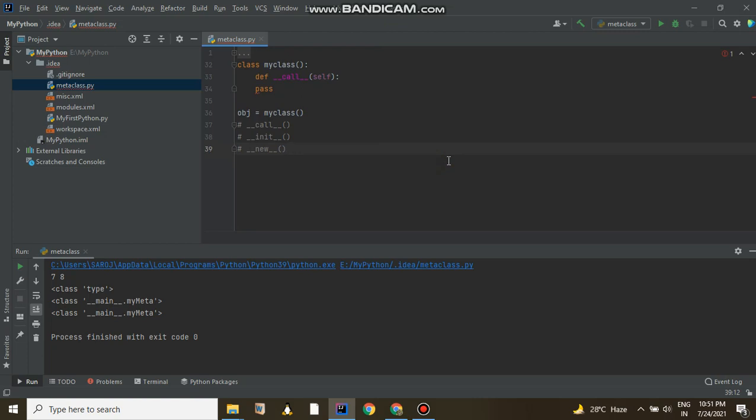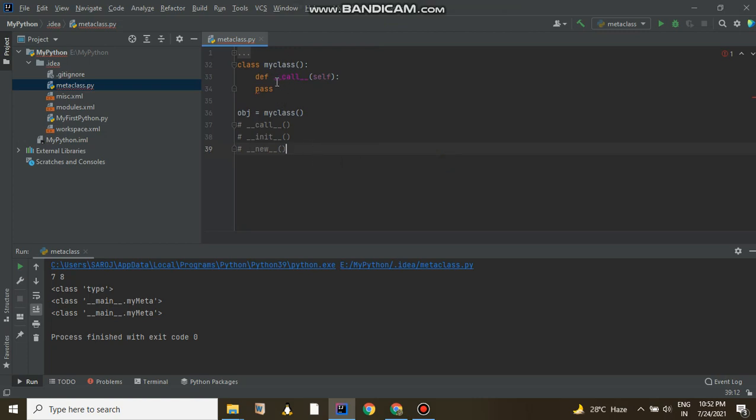And this init method is used when you want to assign the base class tuple and the corresponding dictionary of attributes after creation of the object. So that is the two things: init is after the object creation, new is before the creation of the object.